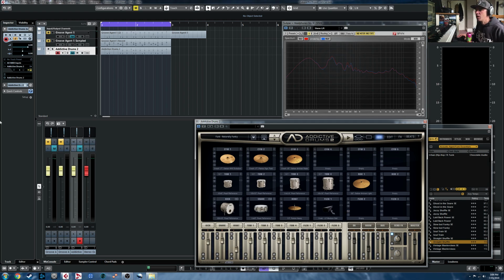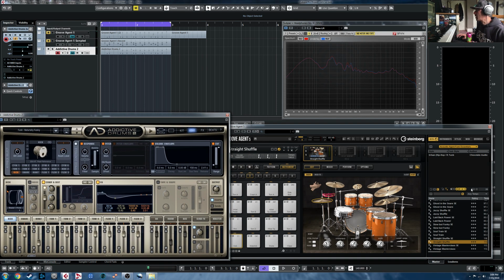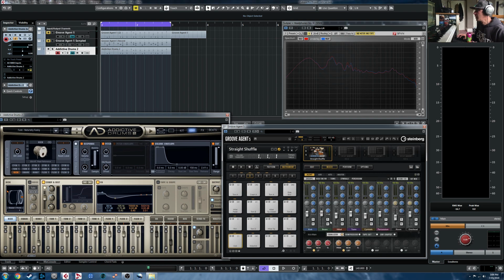And moving on, another thing that I really like for this is when you're in the edit page here, say on the kick and snare, instead of in Groove Agent 5, I'm going to move this over here so we can compare the two a little easier. If we go into the mixer here, you do actually have two different close mics in the full version for the kick and snare, and this is all of the groups here, and then this is where your close mics are. So we have an in and out for the kick and a top and bottom for the snare. So if I play that through,